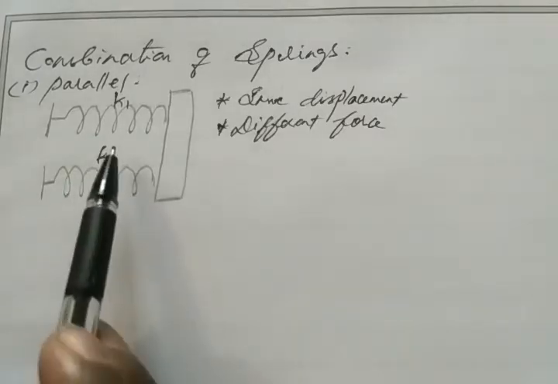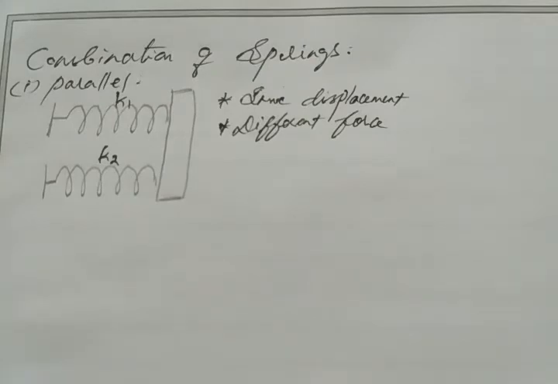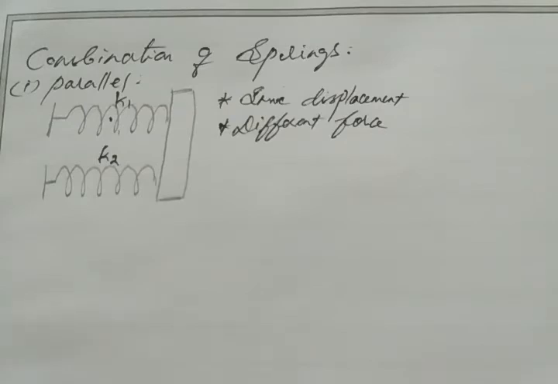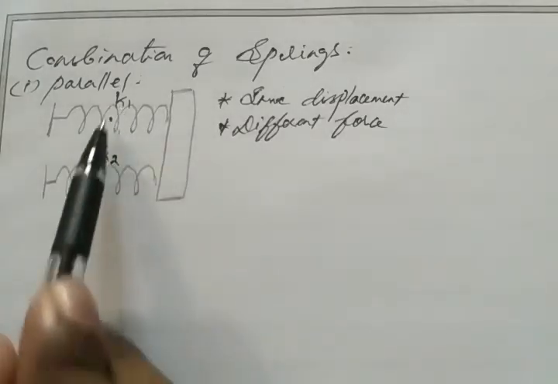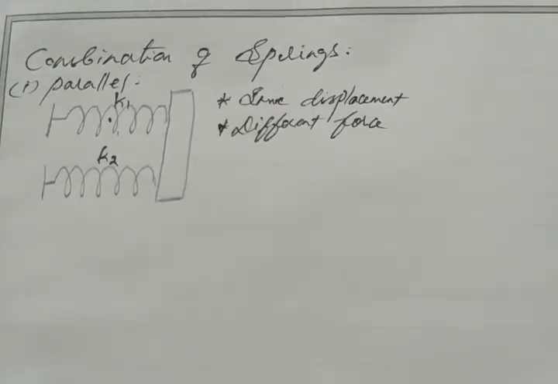So here we attach a mass with these 2 springs and we make it elongate. Then what will happen? These 2 springs simultaneously get elongated with the same amount of displacement. So the elongation will be same or the displacement will be same. We can apply different force. Why? Because the spring constant is different. As I said earlier, if a spring has more spring constant, then we should give more force to get a displacement, right?